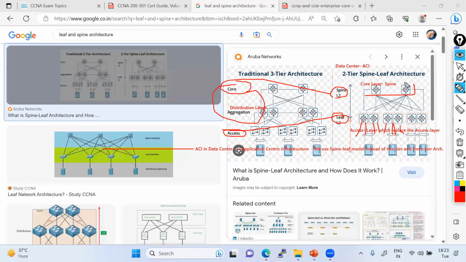Because you're just having two layers, we're not having three layers. So leaf and spine is always a two tier architecture, not a three tier architecture, because they're just going to be used in the data center environment, and they use 9K switches, Catalyst 9000 series switches. That's known as 9K switches. They are designed for the special purpose of the data center, right? So this is a leaf and